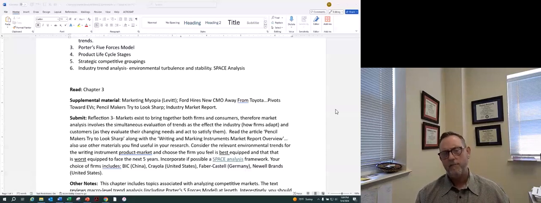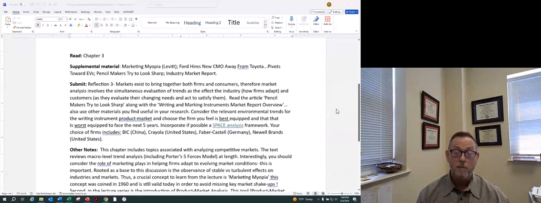From an application standpoint, there are some key readings that you should look at this week in particular. One is called Marketing Myopia, and it really lays the groundwork for understanding and appreciating change in a marketplace. So again, the theme of this chapter is all about identifying change and adapting to it. And Marketing Myopia is a seminal article. It's an HBR piece written in 1960.